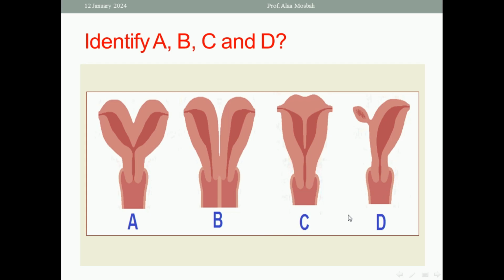What are the complications of uterine anomalies? Maybe infertility, miscarriage, preterm labor, heavy menstruation, abnormal uterine bleeding. All these are complications that may happen with uterine anomalies. Okay,